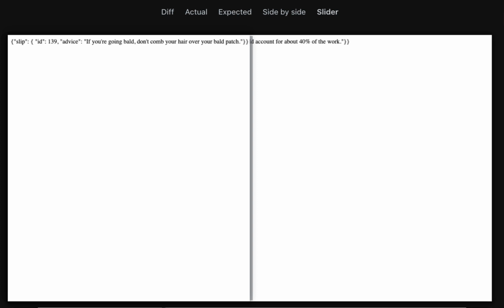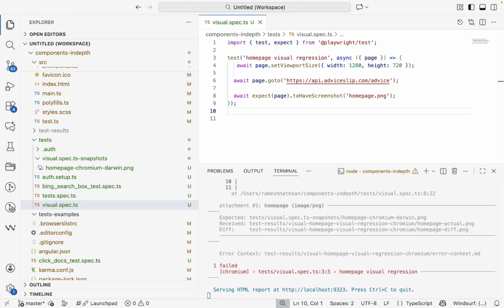Sometimes small differences are okay in your case. For example, an extra shift of the colon might be tolerable. So such a small shift can make a visual test flaky. So for example, some animations might be there. So if you want to skip those animations to make the screenshot more stable, you can disable those animations in your web page by saying something like